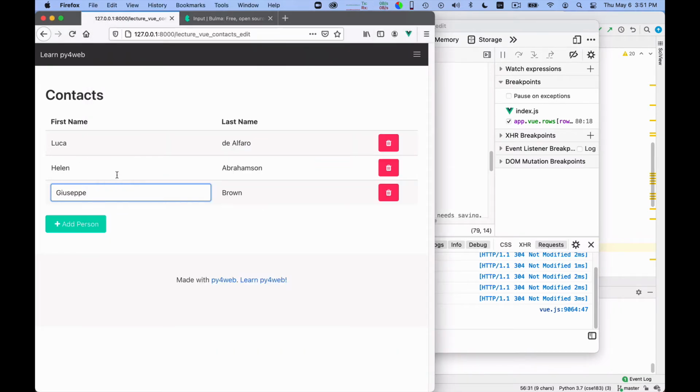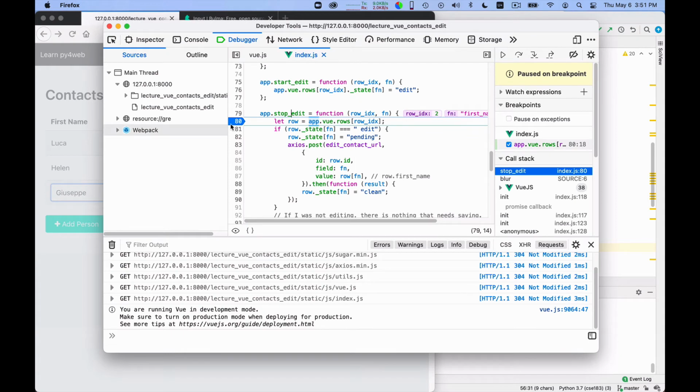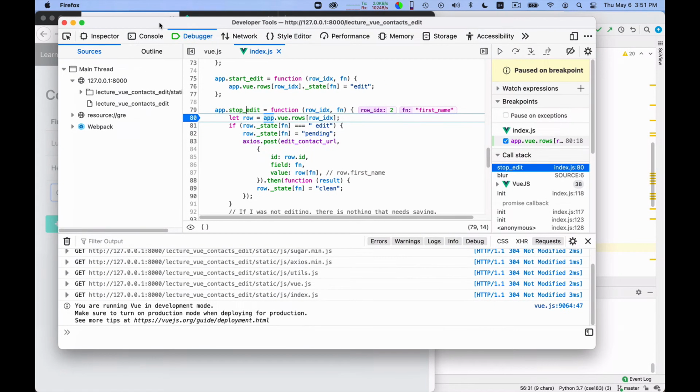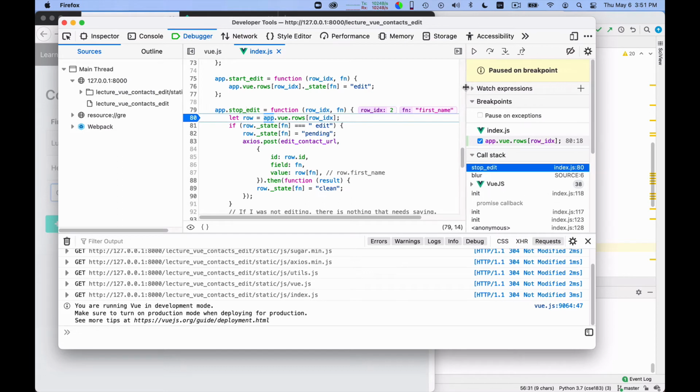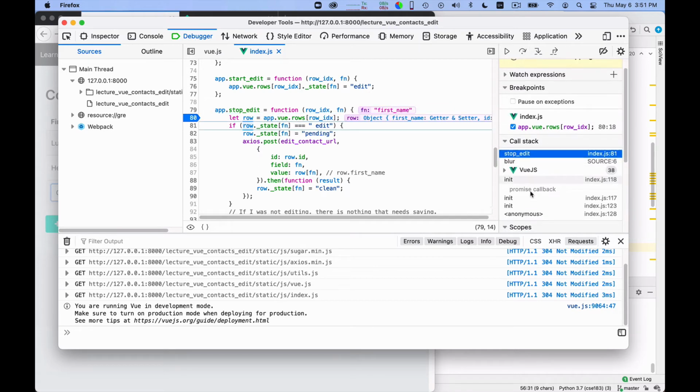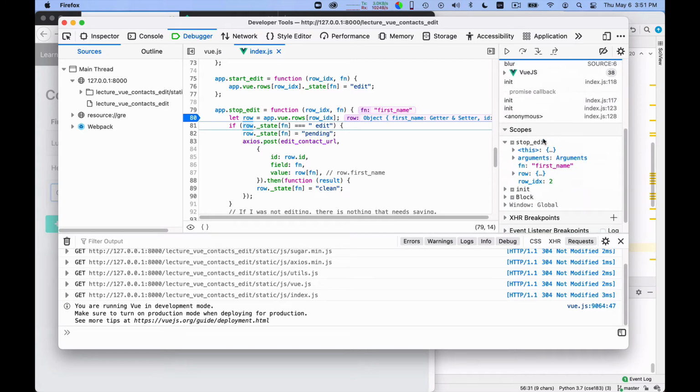Now I can do this. I can create the blur again. I can decreate the blur. I do actually go there. And so here you have various controls in the debugger. Let me just make this window a little bit larger so that we have more space. This shows you also the value of all the variables and lets you step over or into an expression. So let me step over this let. And this also shows us the values of the variables somewhere here. Fn is the first name, row index is equal to 2, row is equal to this thing here.